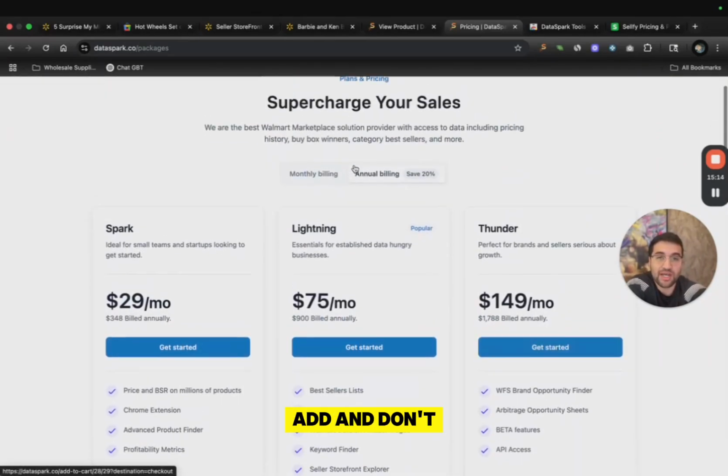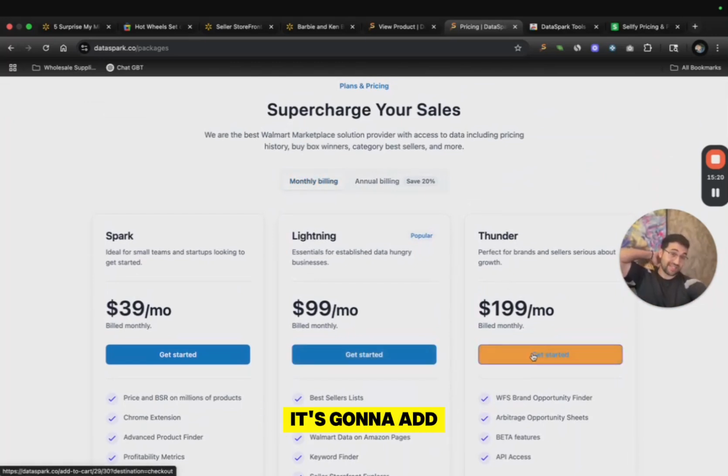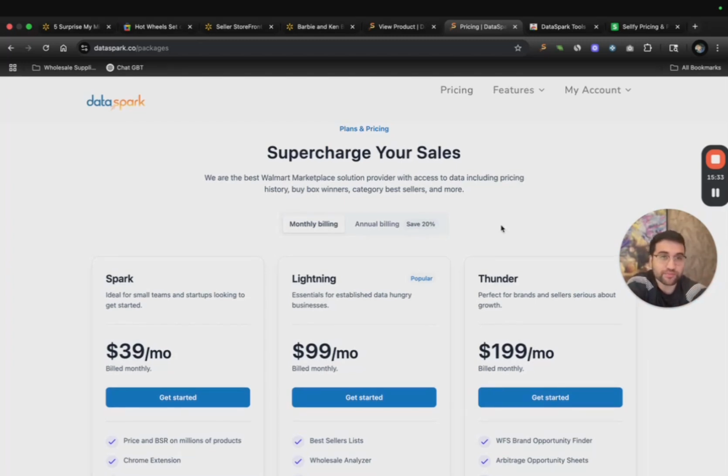So you can add, and don't do the annual billing. You gotta use the monthly billing. Add the Thunder one, and then you click get started. It's gonna add it to your cart, and in your cart, you're gonna put that coupon, $1 Thunder or whatever is set in there. And then once you have your account set up and you paid for the 1 month, the $1,